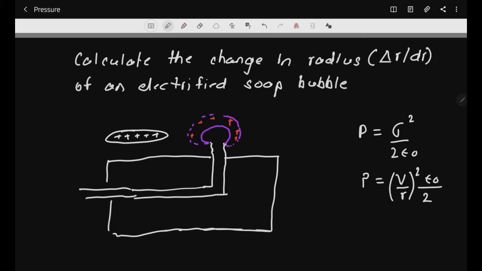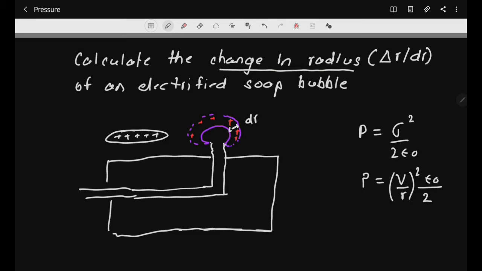Now in this lecture we are going to understand how to calculate the change in the radius. We have seen in the previous class an example of a soap bubble where, when it was charged, its radius increased, or it increased in size. That was because of more pressure applied by the charged particles. In this lecture, we are going to study how to calculate this changed radius. Be careful, we are talking about the change in the radius, the difference between these two, dr.